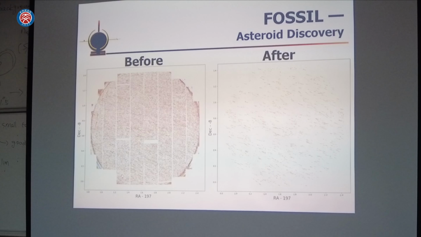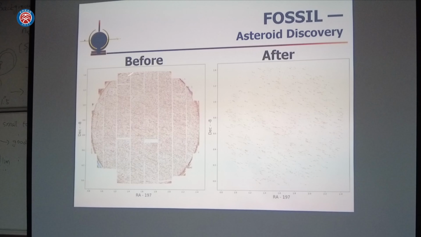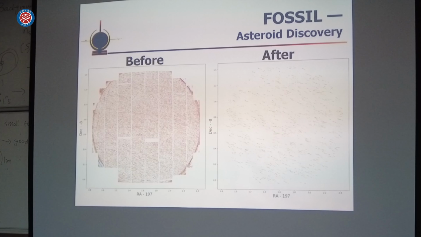So here I just want to show you the result. This is all the detection for one night, for one field, before applying the Hough transform and after. So we clean up all the detection we don't want and only keep the detection for asteroids. So in this way, we can dig out